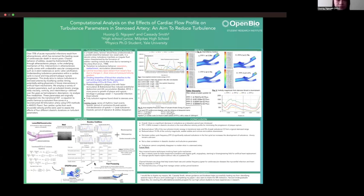So for method, firstly, we remodel a 3D bifurcation artery, and it was divided into small discrete elements through meshing, within which the governing differential equations were solved. A sample cardiac velocity profile, FF1, was taken from a study by Sinot et al. 2006. Three modifying profiles, FF2, 3, and 4, shown in the method section, each describes specific cardiac characteristics, as detailed